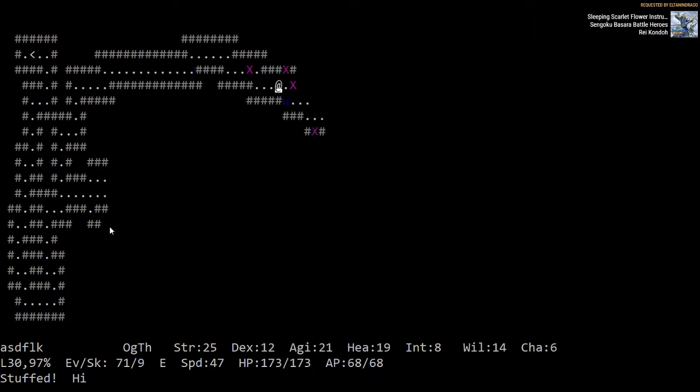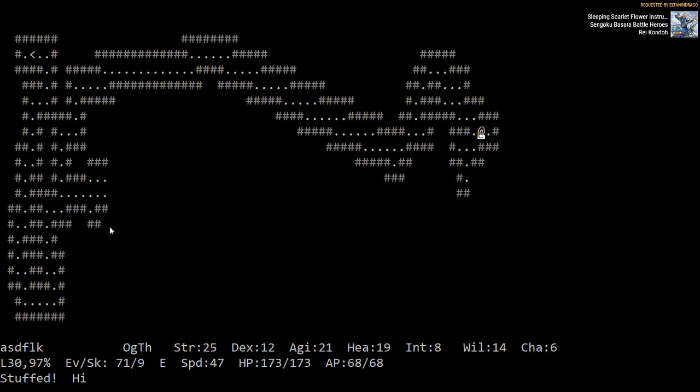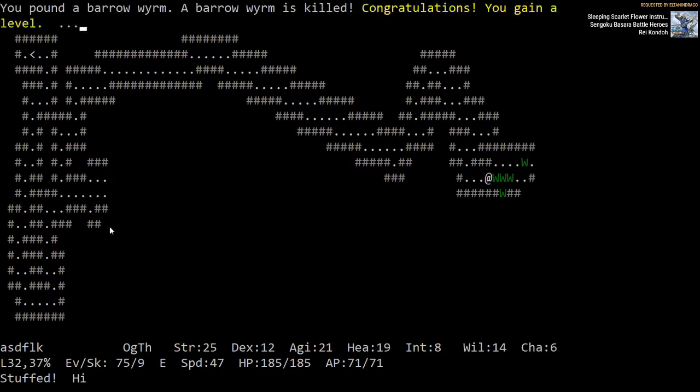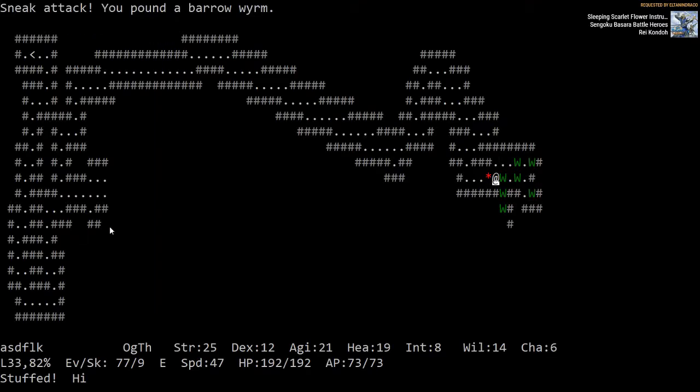Again, pretty spooky corridor. Lots of dangerous enemies. You can get past them. Luckily, they sort of wander around. You don't have to kill them. Alright, again, exit skill improvement. I'm not sure how I calculated that precisely on the fly, but that was enough XP to get to 100,